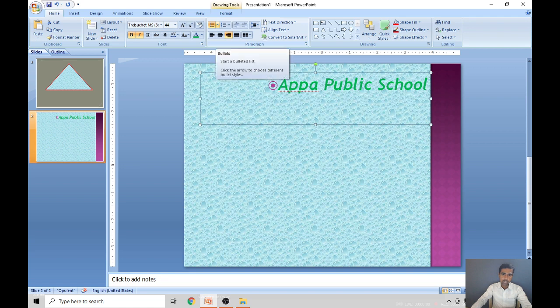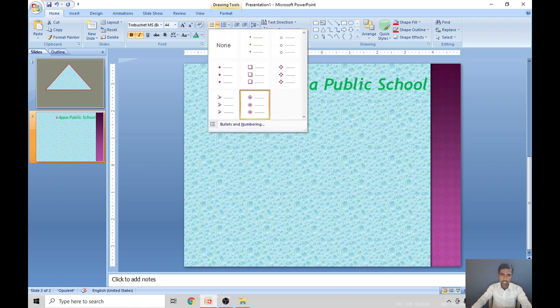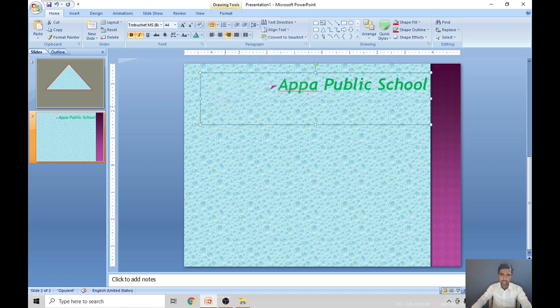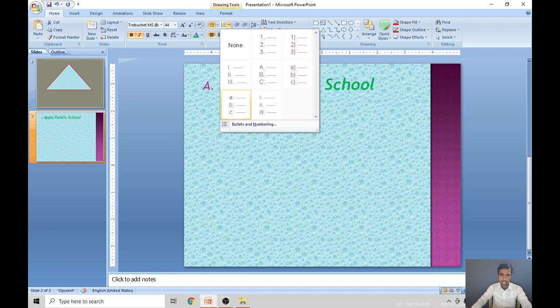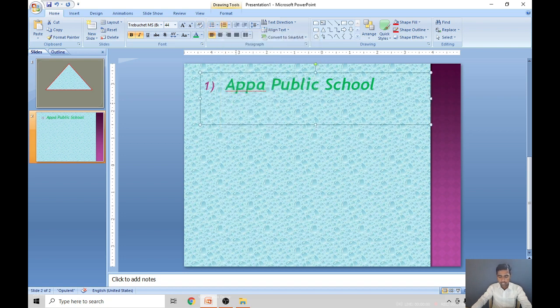In the formatting you can also apply bullets and numbering. There are different types of bullets and different types of numbers that you can apply in your presentation, right children? This is how to apply formatting effects to text. To apply a formatting effect, first you have to select the text. Only when you select the text will the formatting effect be applied; otherwise it will not be applied to any text, right? The effect will apply only to the text you have selected.